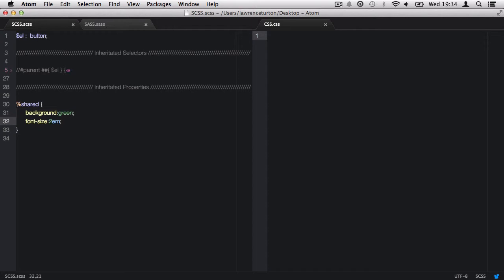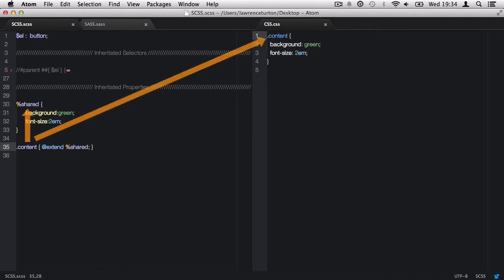What we need to do is, let's say, target an element. So we need to set up another CSS selector. And then within the parentheses of that selector, we need to say @extend. And then we need to put in the percentage sign and the name of the placeholder. So I'm going to say shared. And with the produced code, you'll notice that it's taken our selector.content and placed it right where the placeholder was,